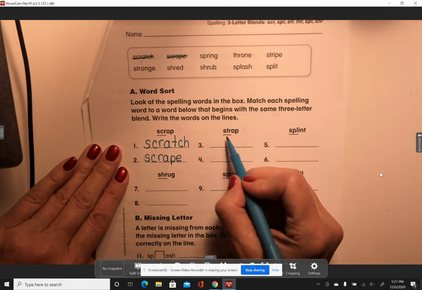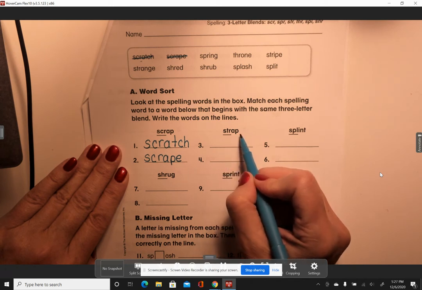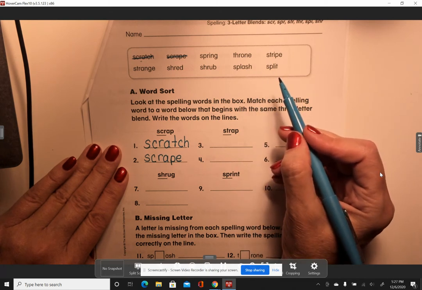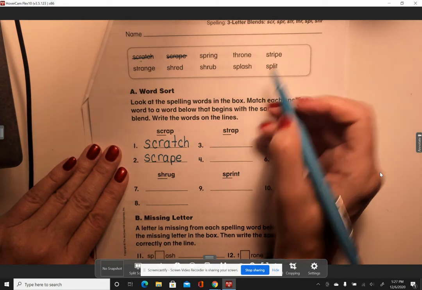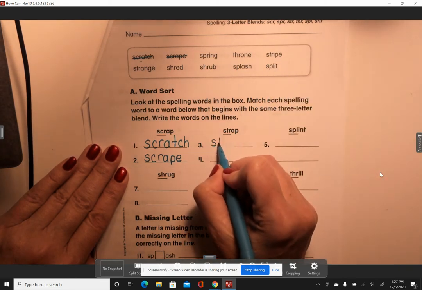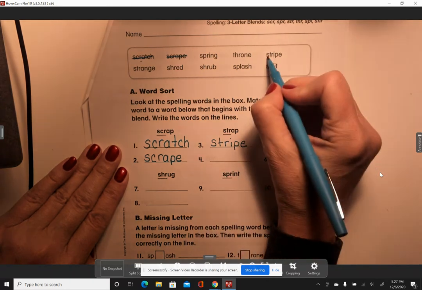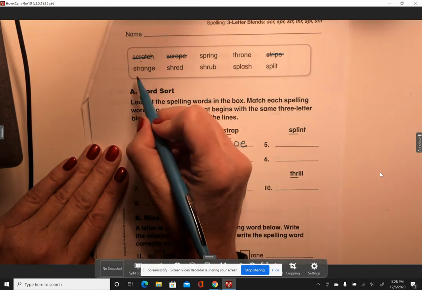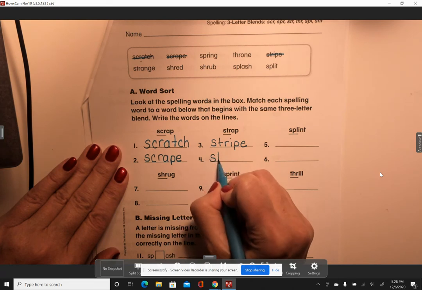All right, next we have the sample word strap with STR, strap. Do you see a word from our spelling list that starts with STR? That's right, stripe. STRIPE, stripe. And we need another one. Strange, that's correct, strange. STRANGE,